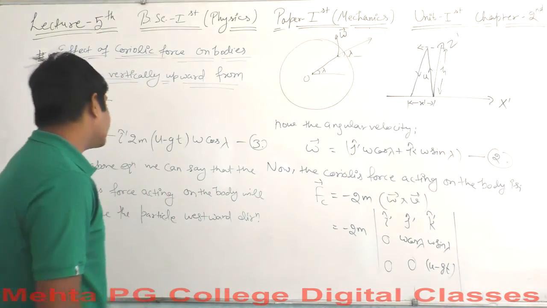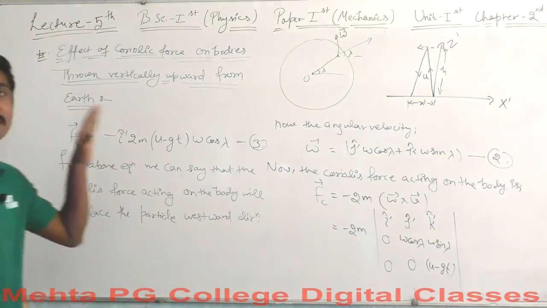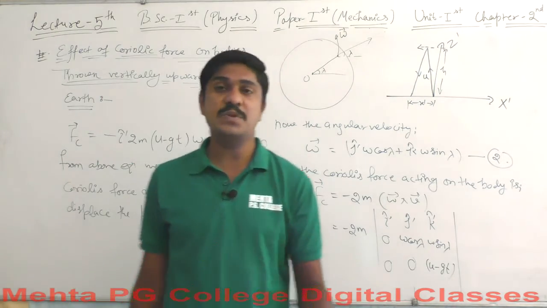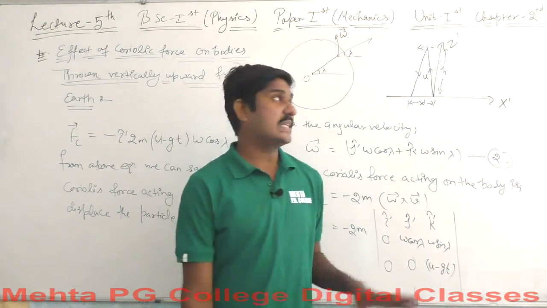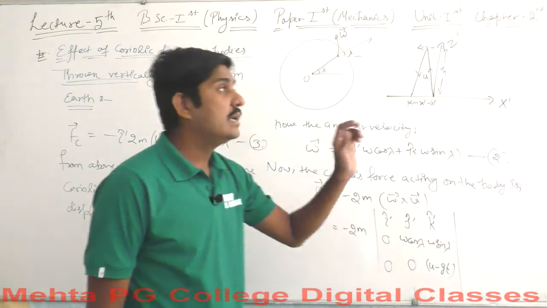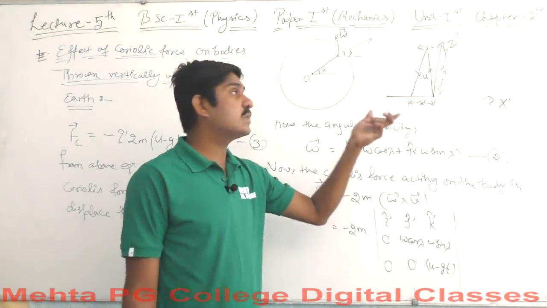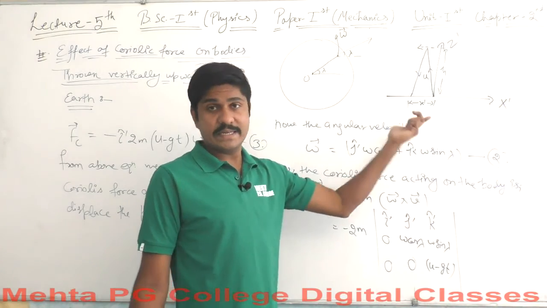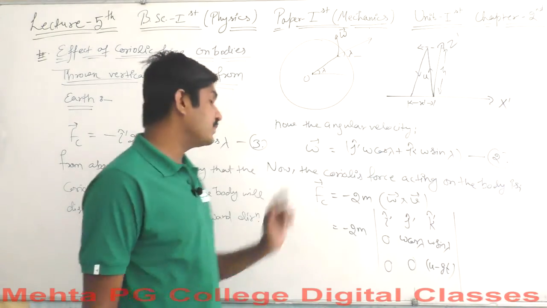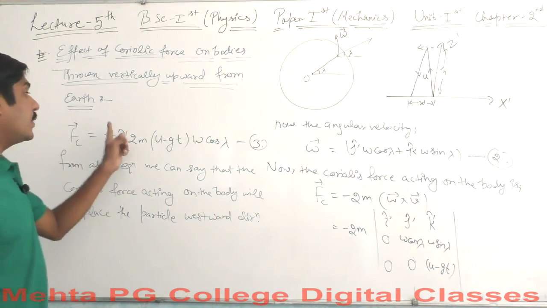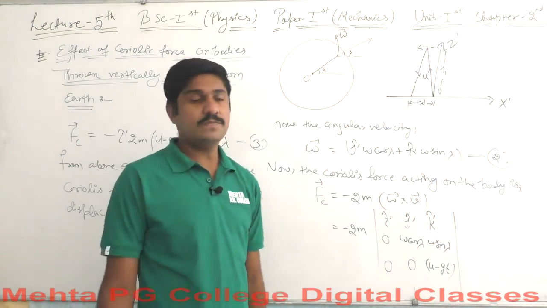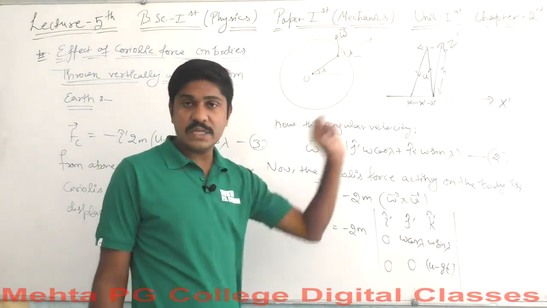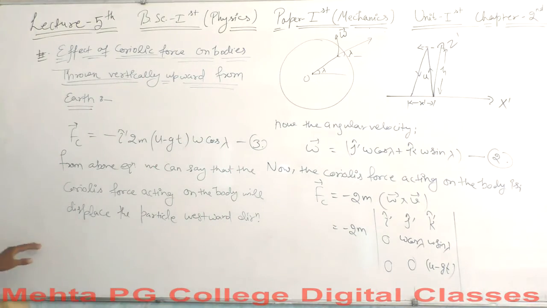You know why it has been said to be west direction, because this is the minus i dash cap. You know that the positive i dash is towards the east direction and the minus i dash is towards the west direction. That's why this figure is being drawn. Well, I drew this figure earlier just because I wish that you can get a clear concept, but you are supposed to draw this figure after this calculation. When you get the equation 3, then you can draw this figure. Before this it is not possible to draw, because you need an equation as a reference. Okay, so we got the velocity, we got the direction here.